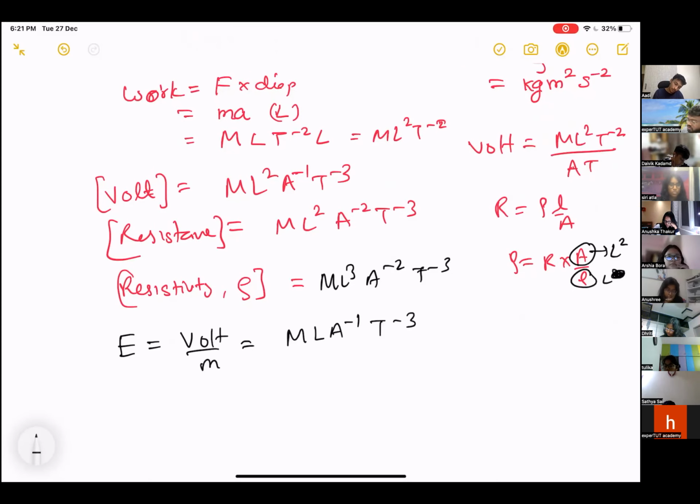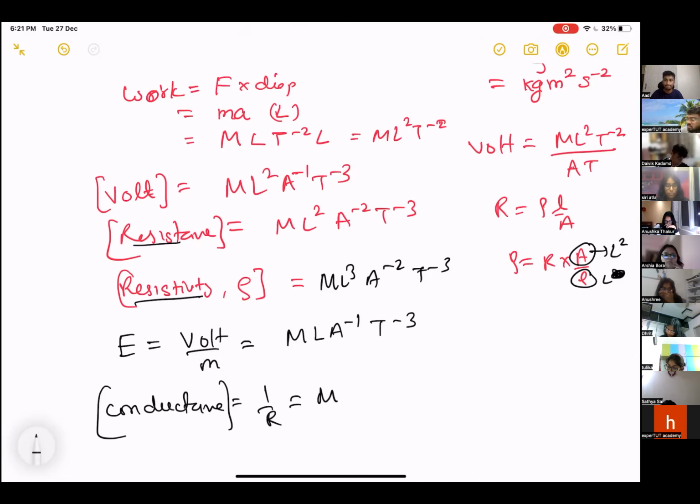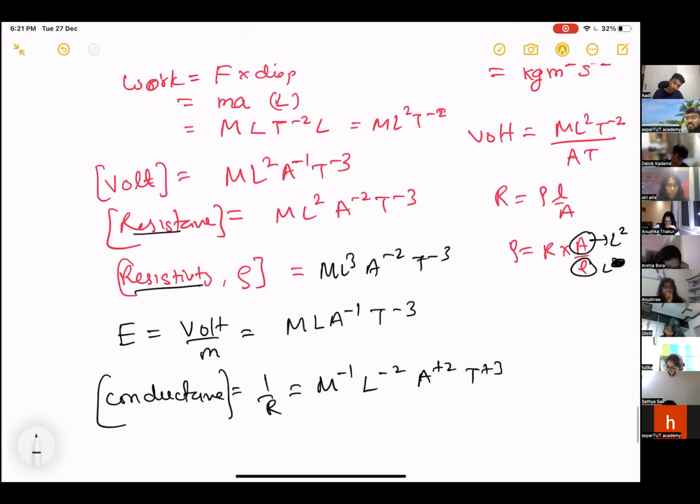इस चैप्टर में एक यूनिट होती है, रेजिस्टेंस हो गया, रेजिस्टिविटी हो गया। तो एक होता है कंडक्टेंस। कंडक्टेंस इज नथिंग बट 1 बाय R। तो कंडक्टेंस का डायमेंशन होगा सिंपल, जो भी रेजिस्टेंस है उसका उल्टा करना है। M minus 1 L minus 2 A plus 2 T plus 3. ठीक है, उसका इनवर्स।